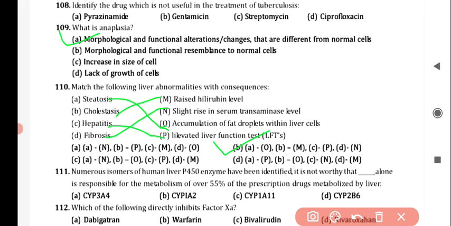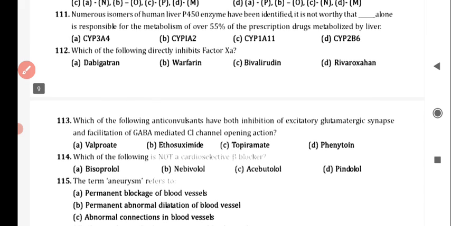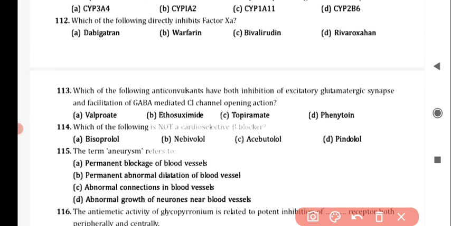Next question is, numerous isomers of human liver P450 enzyme have been identified. It is noteworthy that dash alone is responsible for the metabolism of over 55% of the prescription drugs metabolized by liver. And the correct answer is option A, CYP3A4. Next question is, which of the following directly inhibits factor 10A? And the correct answer is option D,